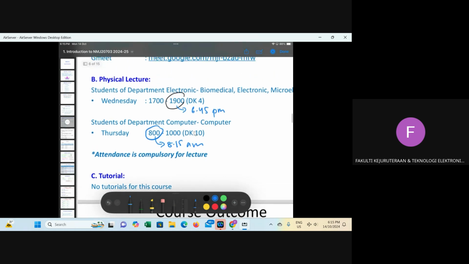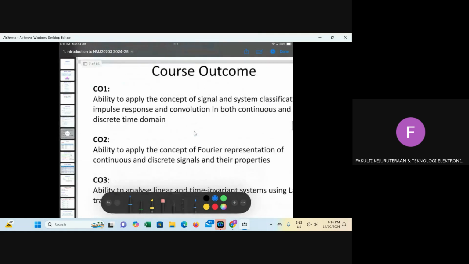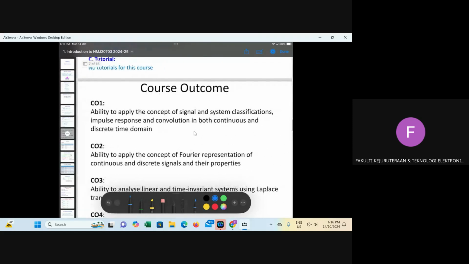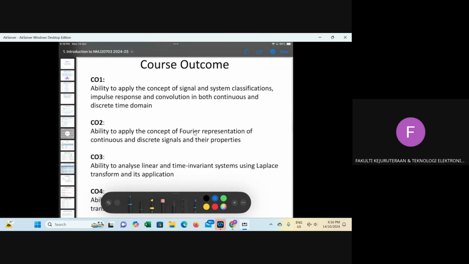Okay, any questions? No. Okay. Okay, course outcome. So what is course outcome? So the course outcome means what you will get at the end of this 14 weeks, because we have 14 weeks of study.